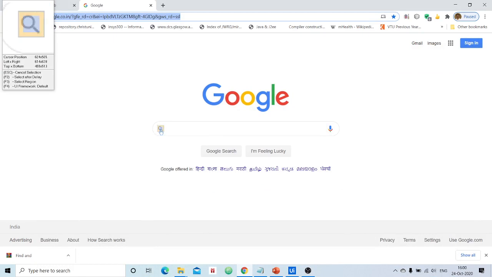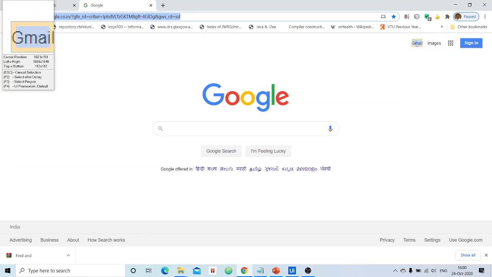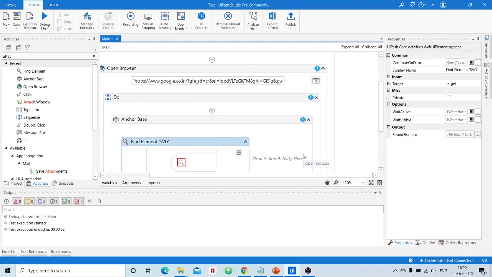Can you see what I can say? The lens, make it simple, lens. This is a relative element for the search box. This is the search box. This is the relative element, or I can use this microphone also as a relative element, or this as a relative element. See, this is what I was telling. These are nothing but UI elements. Even sign in, this one. All these are UI elements. But here I will go ahead with this as a relative element. I want my robot to find that element.